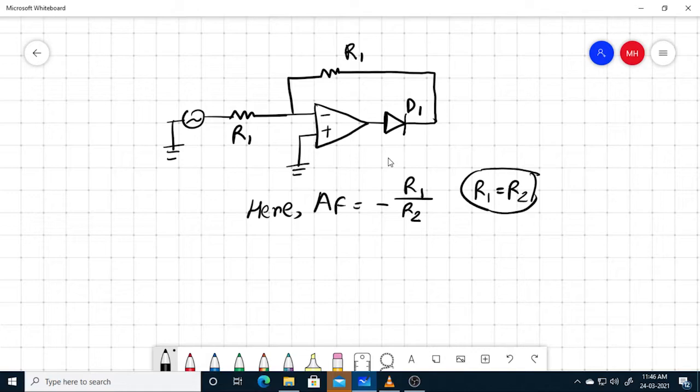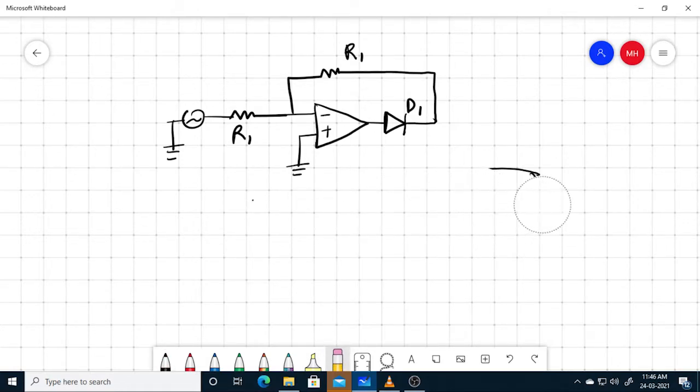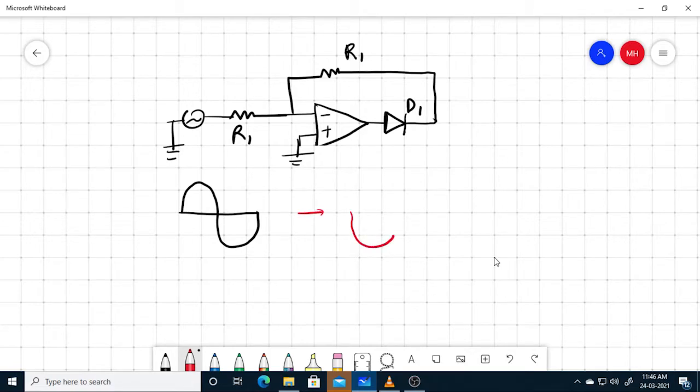Okay. So, what is the operation of this circuit? Let's see the operation of this circuit. Let me delete it first. The voltage gain is clear for us now. Suppose our ground is deleted. Suppose our input is like this. We know that for the inverting op-amp, for the positive input we'll get a negative output, and for the negative input we'll get a positive output. Let's say that this is A and this is B.